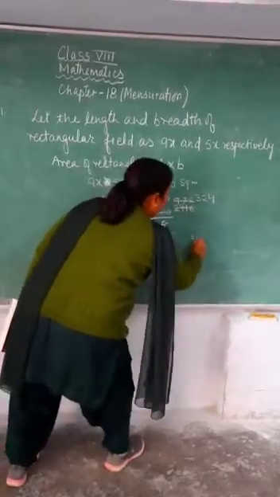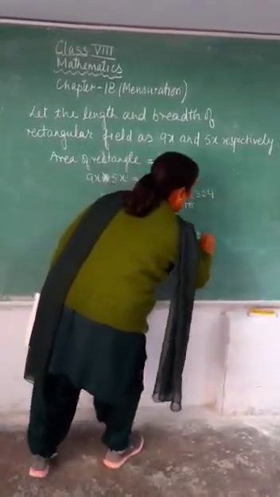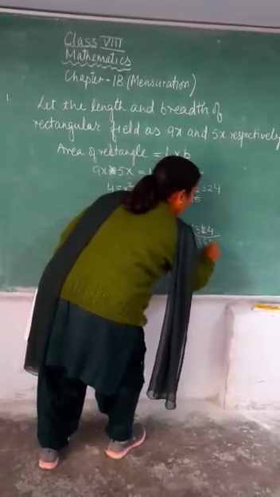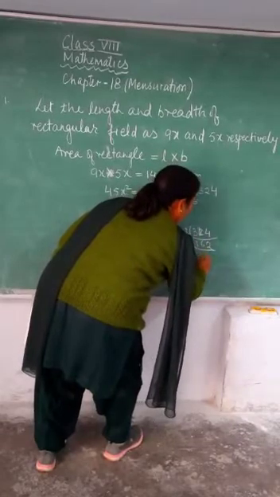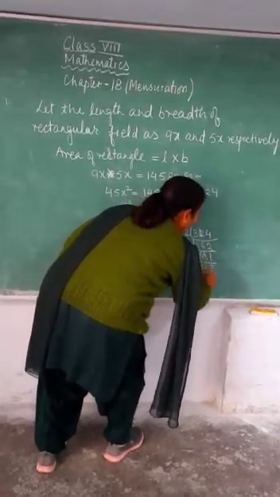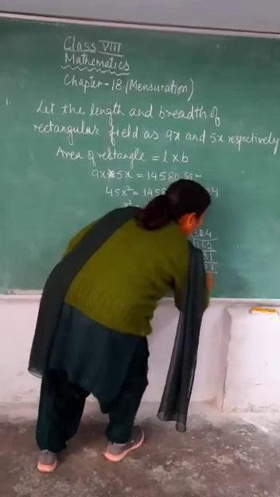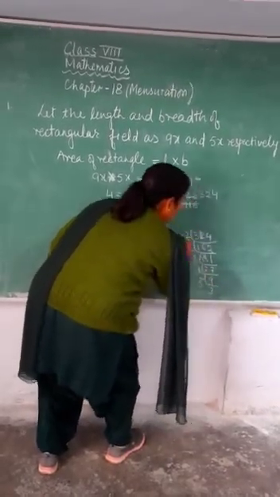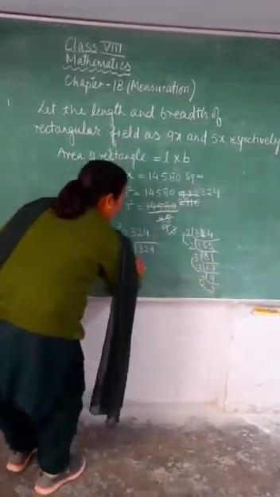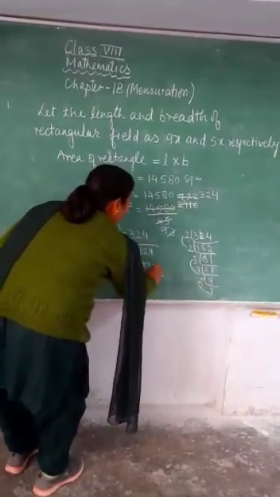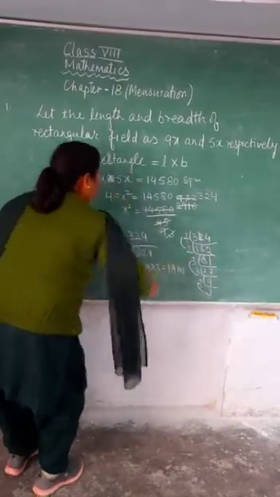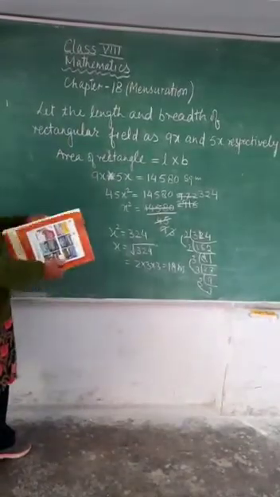Find out the under root of this. You can find the under root by the prime factorization method. You will divide it by 2, then again by 2, then it is divided by 3, 27, then again by 3, 9, 3 threes are 9. So if we take the numbers like this, x will be equal to 2 into 3 into 3, that equals 18 meter. So the value of x is 18 meter.